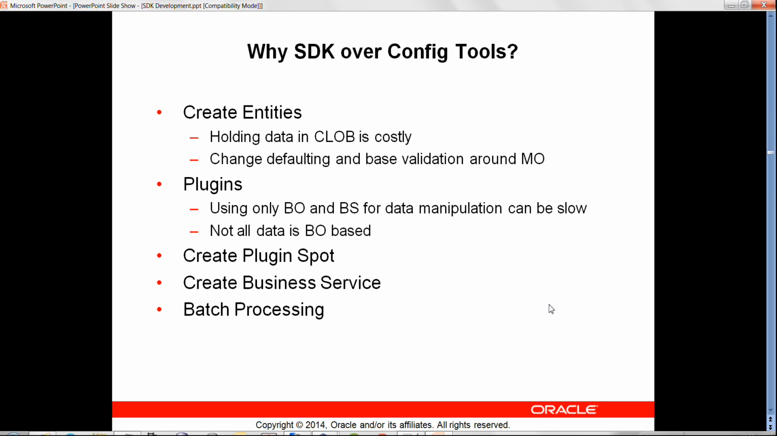If you want to create a new business service, you want to wrap some process within a business service to expose it to config tools to use it within a script, or to expose it generally so other pieces of code can use the business service. To create a new one, the only way to do that is to do it via the SDK. Of course, there is one type of business service that can be done through config tools, and that is just a simple query